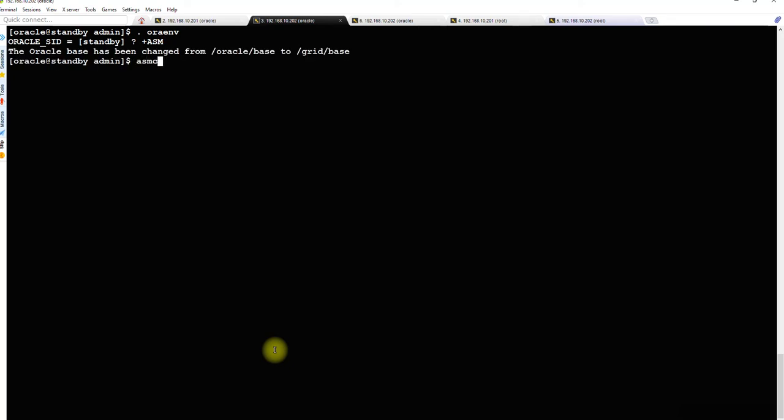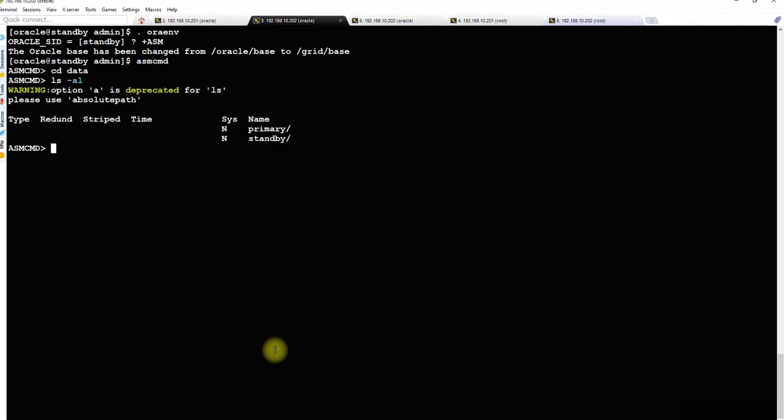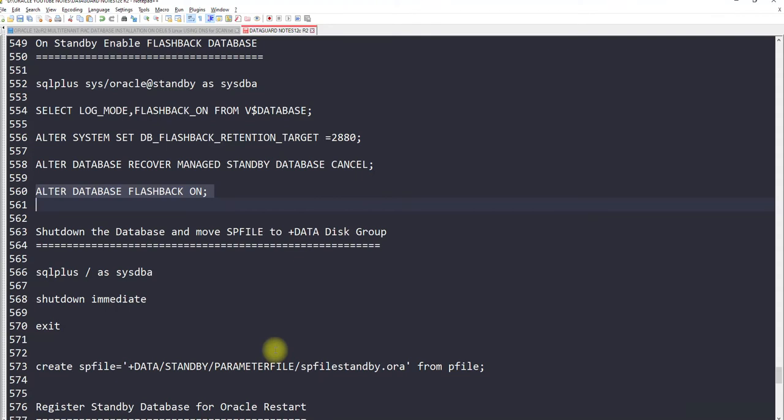Okay, asmcmd, cd data, ls -al, cd standby, ls. So what I will do is mkdir parameterfile. Okay, I have created a directory and I would have to move the spfile there accordingly.